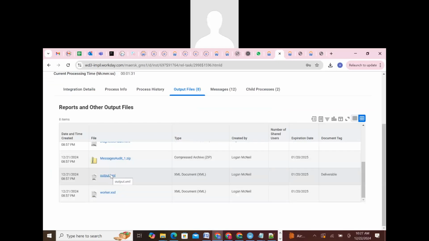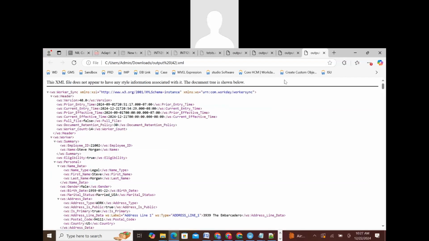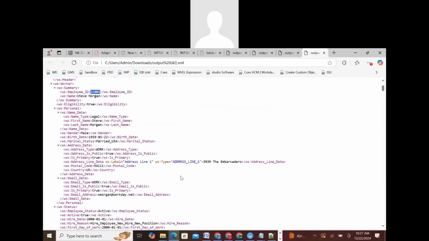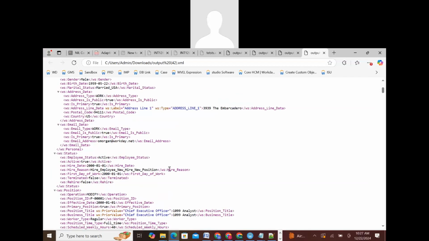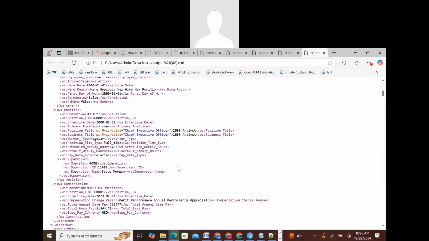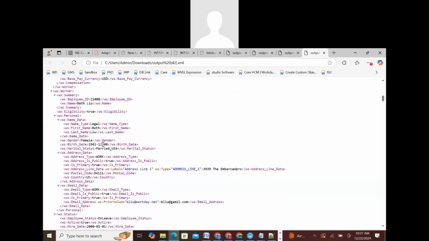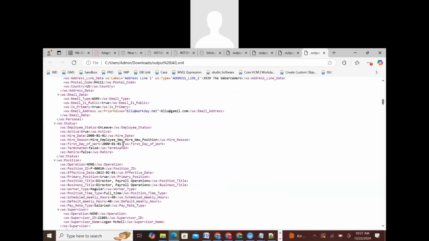Let's download the output file, guys. Let's see. So 21002 got changes. What are these changes? We can observe a total of 14 employees got extracted, guys. What's the change, guys? The same business title got changed. Position title got changed, guys. On this 21008 we have seen